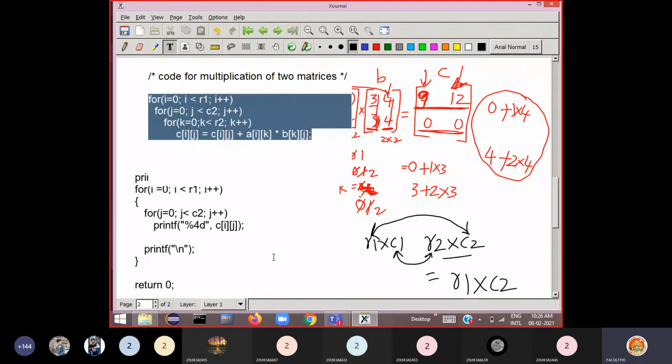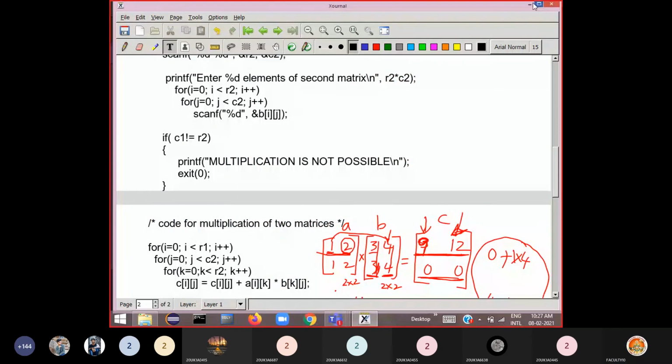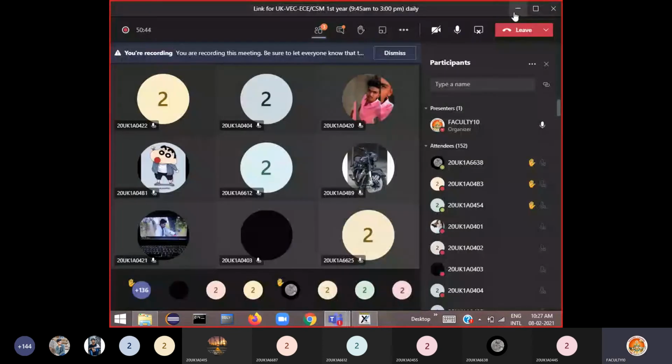If you practice, you can generate it easily without seeing a notebook. Clear? Okay, so let me show the execution of this. We'll go to Code Blocks.